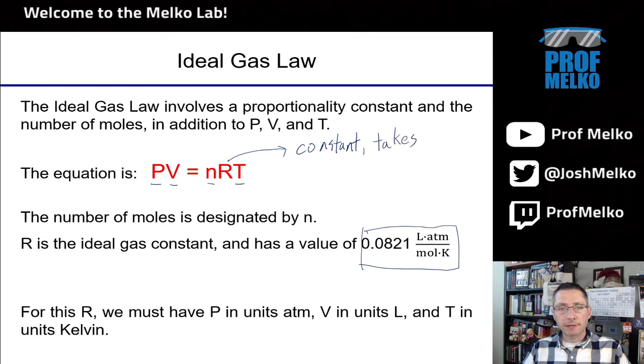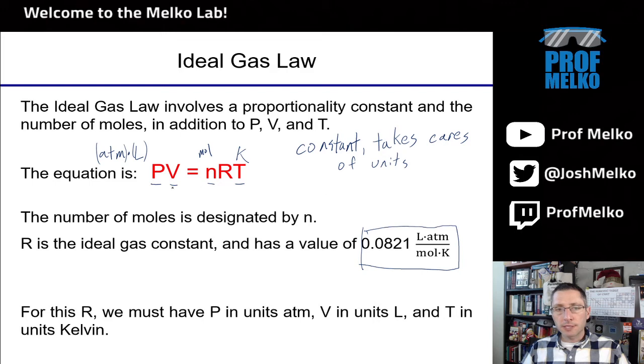Right? You'll notice on the left side of the equation we have pressure times volume. Pressure is like atmospheres, volume is a unit like liters. On the right side we have temperature, which has to be Kelvin, and n, which is the moles of the molecule or atom. So R is taking care of converting this unit, liters times atmospheres, to something that's like moles and Kelvin. And so those are the units in this constant. This constant is really just taking care of units, making sure the units all work out.